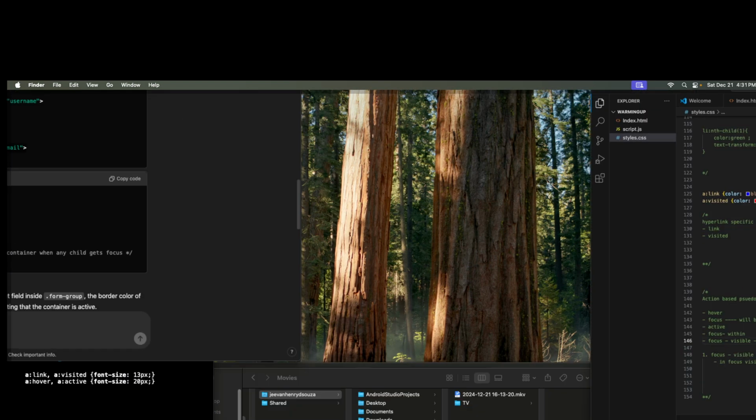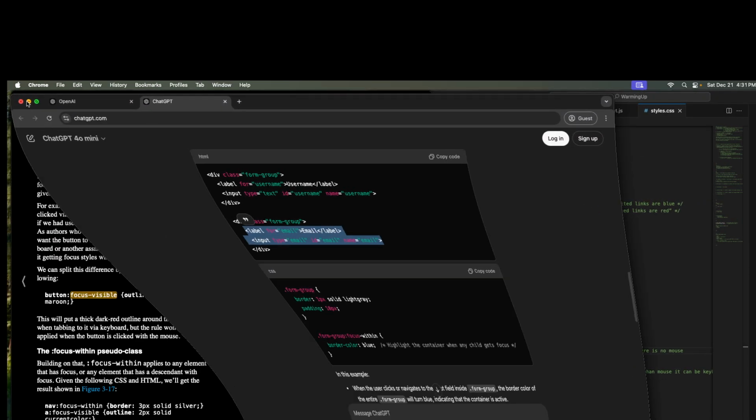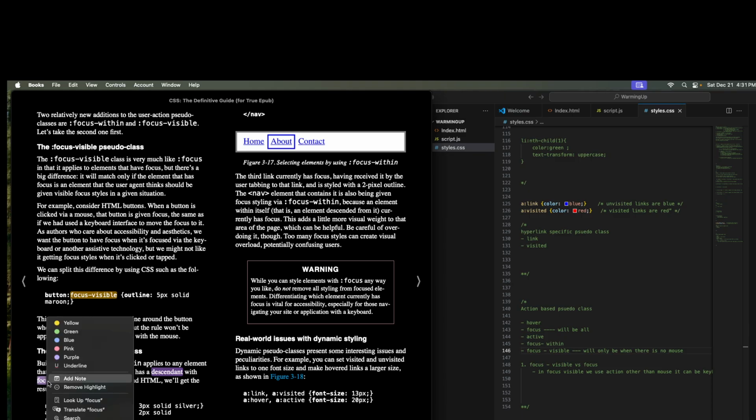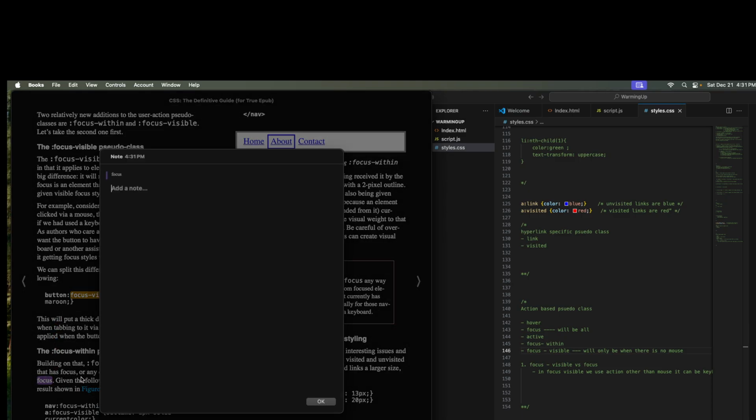Oh, now I'm getting what he's trying to say here. That as a descendant. So this means basically, with focus, that means we are... okay. So what he's trying to say here,